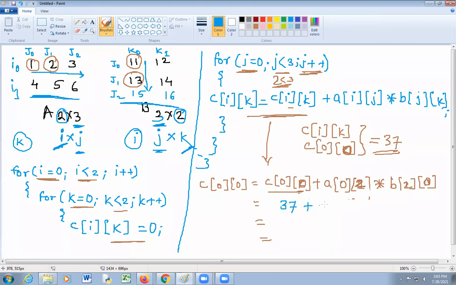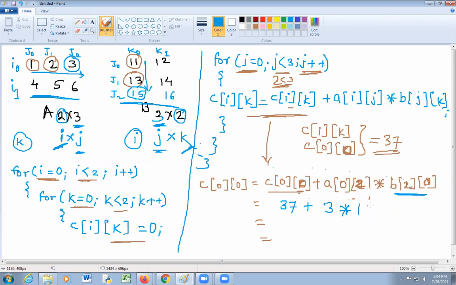37 plus a of 0 2. So a of 0 2, that is value of i is 0, value of j is 2, is 3. Here 3 into, in case of matrix B, that is 2 0, value of j is 2, value of k is equal to 0, that is 15.